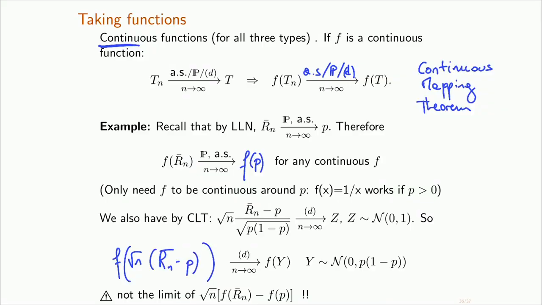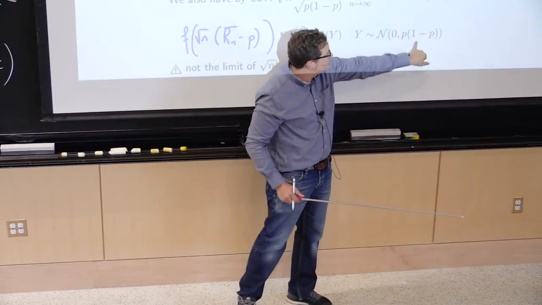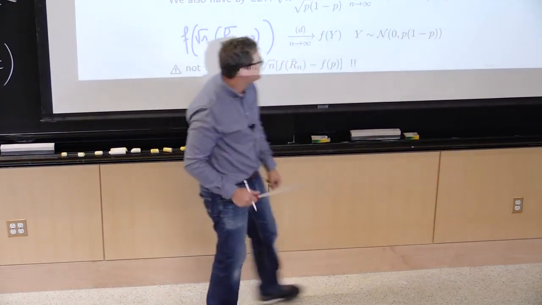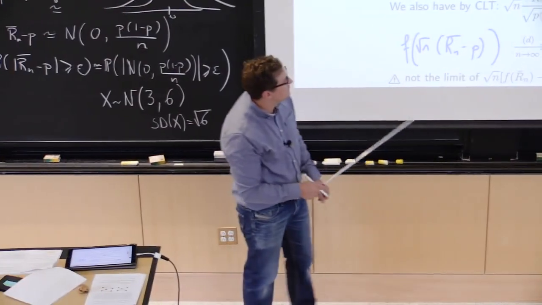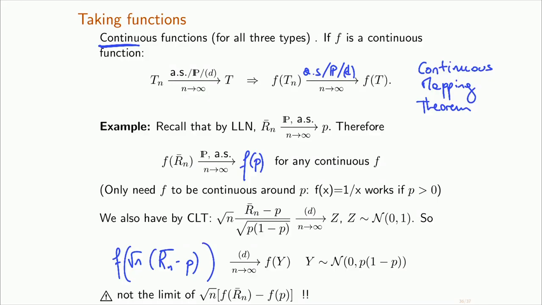First I multiplied both sides by the square root of p(1 minus p) so that my variance became p(1 minus p). And then I said, well, f of this quantity goes to f of y. Everybody's fine with this? Now, what we're going to need is not this. This is actually kind of a useless result. We'll never use it again. We'll use that one, but this one not so much.